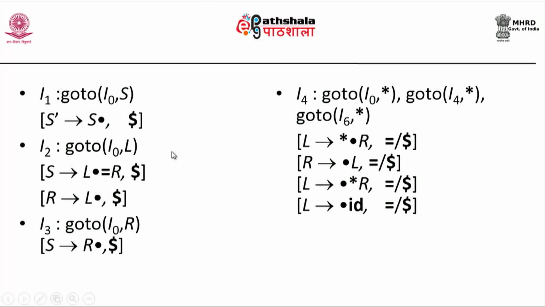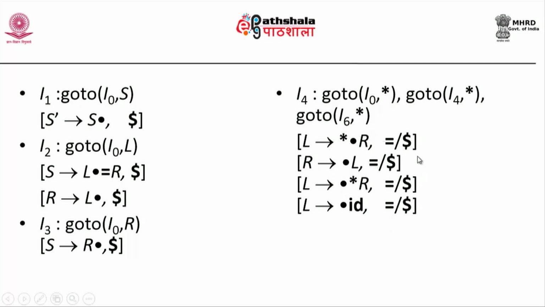So I have I naught comma L, I shifted the dot by one position to the right and again one position to the right. This will be same. So when I am doing a goto, the second component, the look ahead component, remains as it is. But when I am computing closure, for doing that, I should look at first of beta A. So that should be added along with this basically. So I naught comma star, I4 comma star and I6 comma star are basically added. That will result in a combination set. So this is a combined set.